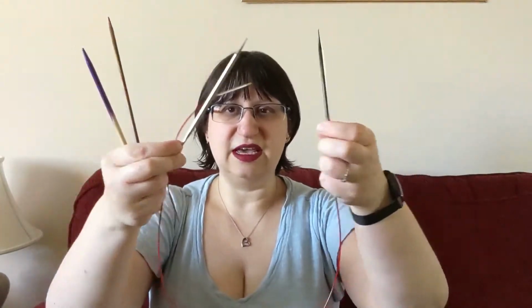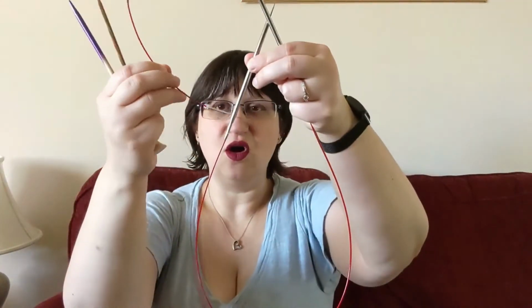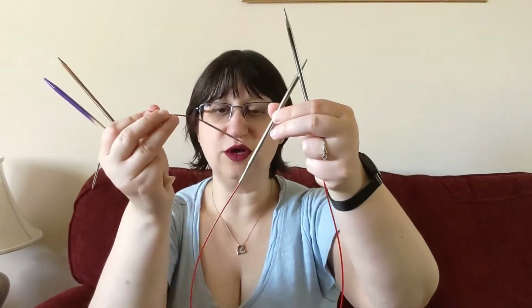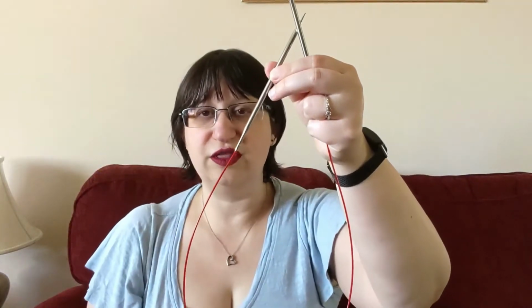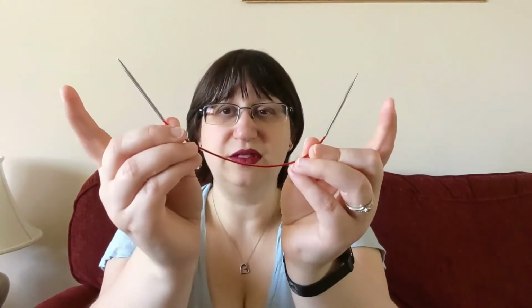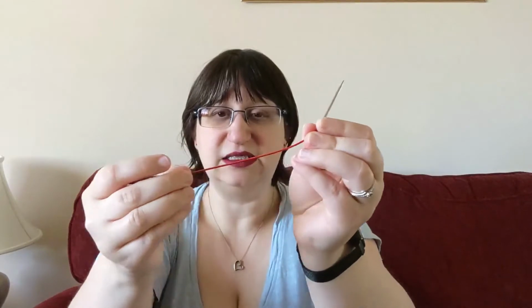Then finally, you have interchangeable needles. And I'm going to do a separate video talking about the cost-benefit analysis of interchangeable knitting needles, but it's a similar thing to fixed circulars, where you're going all the way around. But now, in addition to the material of the needle and the cord, you also have to consider the join for this needle and how smooth it is and how effective it is at keeping together. Now we'll go into that a bit more when we talk about actual interchangeable circular needle sets, but for the purposes of this video, we're talking mostly about the material for your tips, as well as